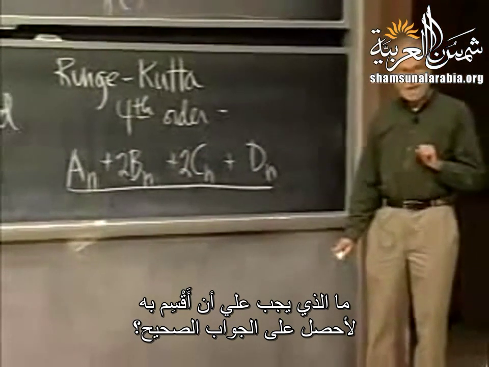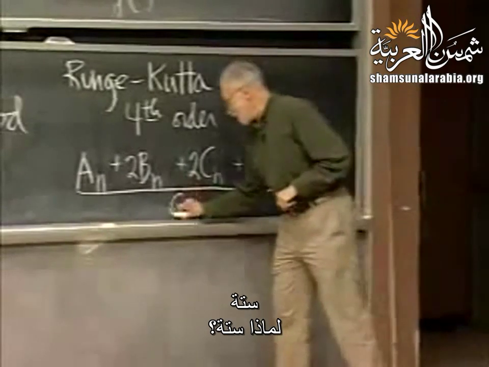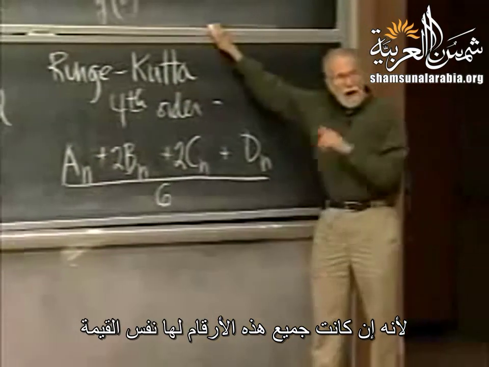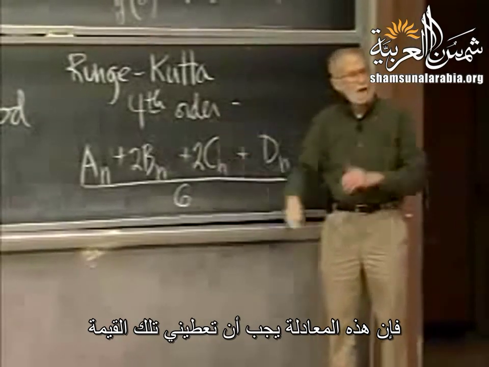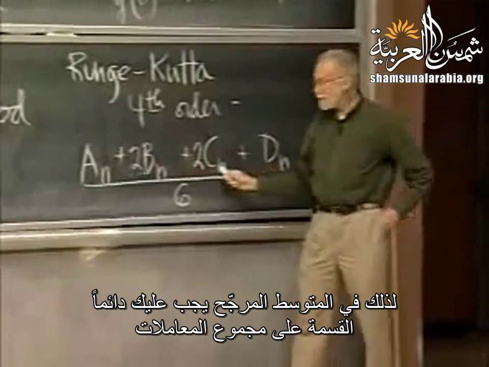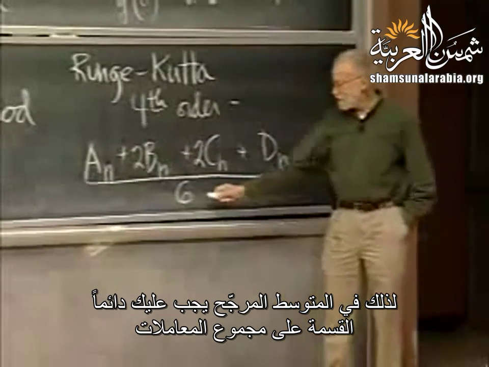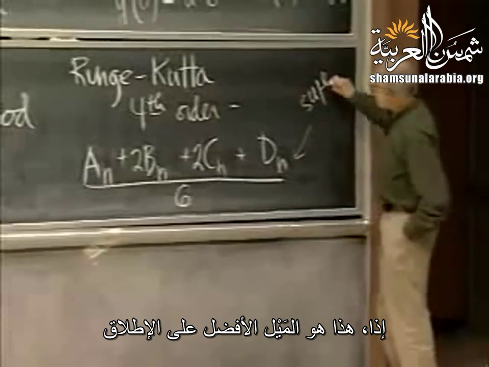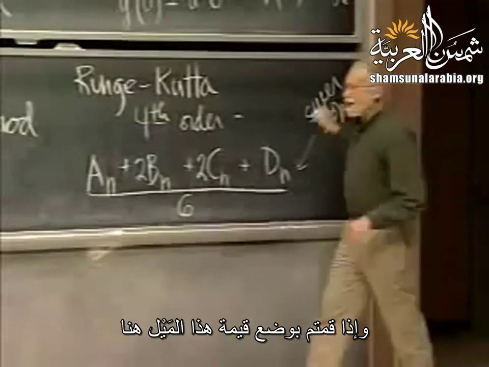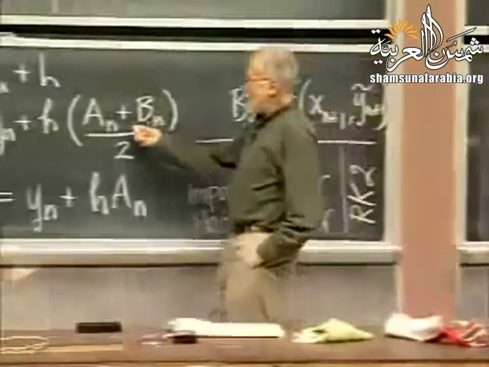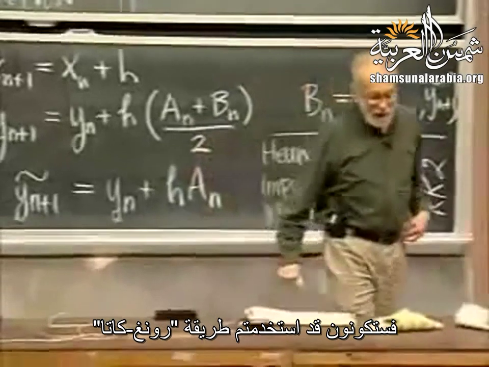to get the right answer? 6. Why 6? Well, because if all these numbers were the same, I'd want it to come out to be whatever that common value was. Therefore, in a weighted average, you must always divide by the sum of the coefficients. So this is the super slope. And if you plug that super slope in to here, you will be using the Runge-Kutta method and get the